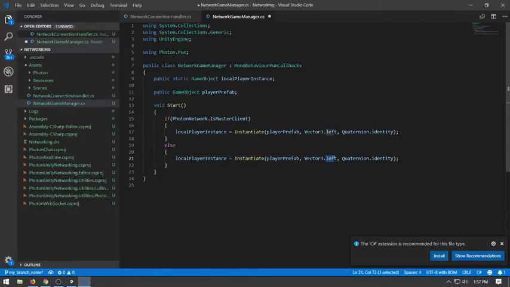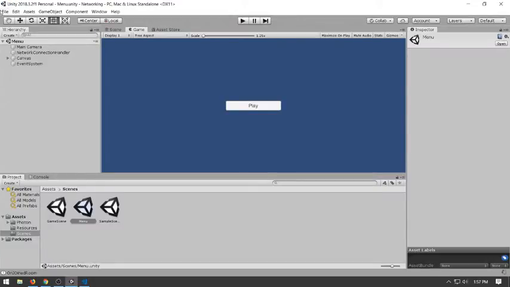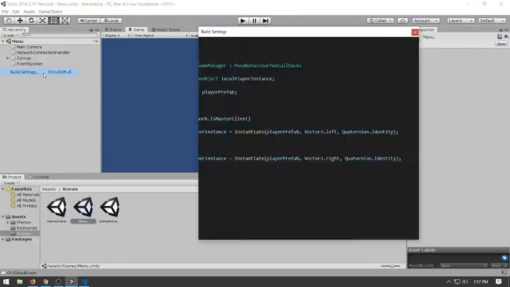What I'm doing here is just real quick, before we run out of time: if you're the starting player, it's going to spawn you on the left, and if you're not the starting player, it's going to spawn you on the right. So right now, I'm just doing that so I can show you guys that they spawn in different places. So I'm going to build this real quick,